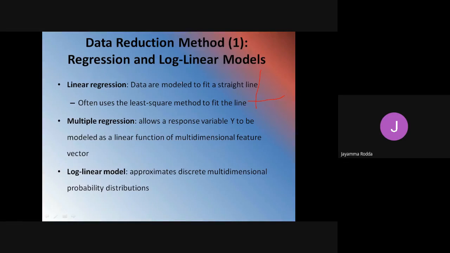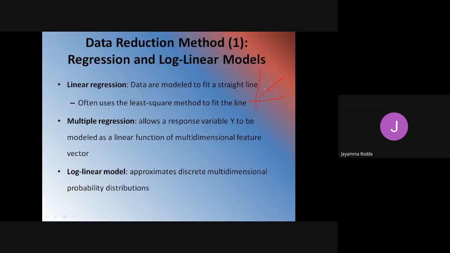In linear regression, the data are modeled to fit a straight line. Data points that do not fit within this straight line, we call outliers. Consider a scatter plot, and considering some of the points, you construct a straight line. If points do not fit in a straight line, we eliminate them and include only the points that fit.